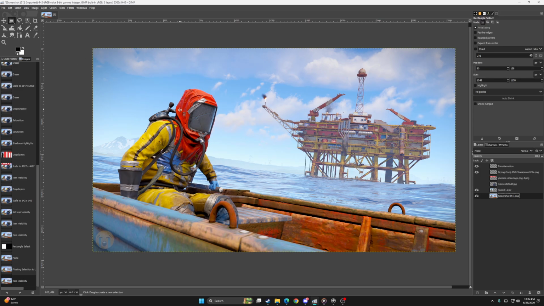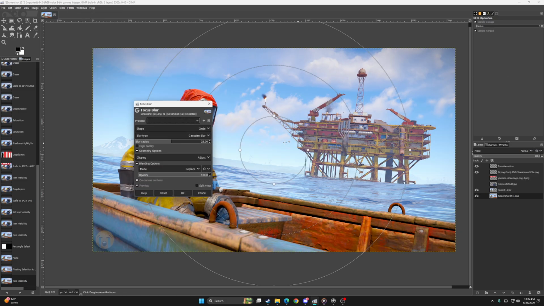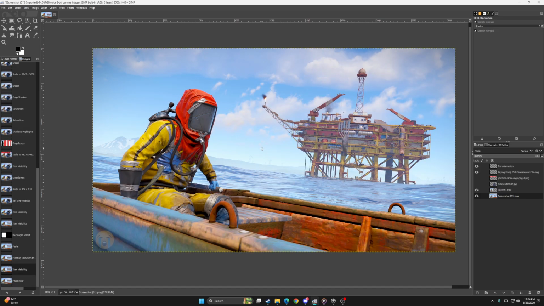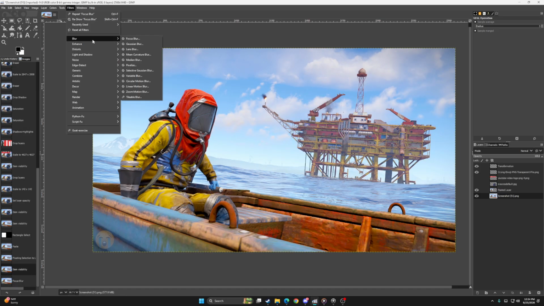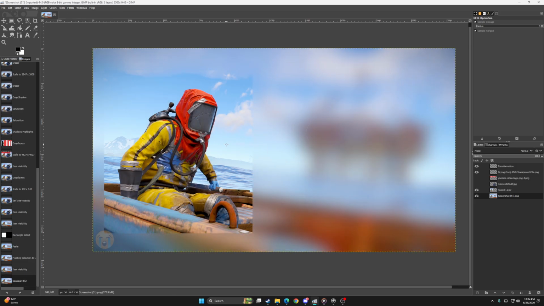Which in your case should be a free select, but in my case I just did the rectangle. Then I go to my filters and then my blur. I could do a focus blur and a bunch of other cool stuff, or if I wanted it to be different, I could do Filter, Blur, and just blur the whole thing. And then as you see, if it was free selected perfectly around my character, then everything else would be blurred